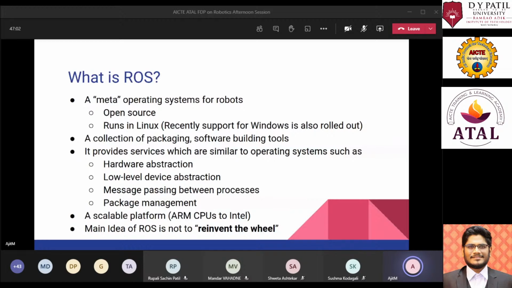Then coming to ROS, there are a few core components which we need to know. The first one is the ROS master. This is the main channel of communication between the nodes. And every time the nodes start up, every node has to get registered with the ROS master. To start the ROS master, you can just use roscore, which is a command to start the ROS core in the terminal.